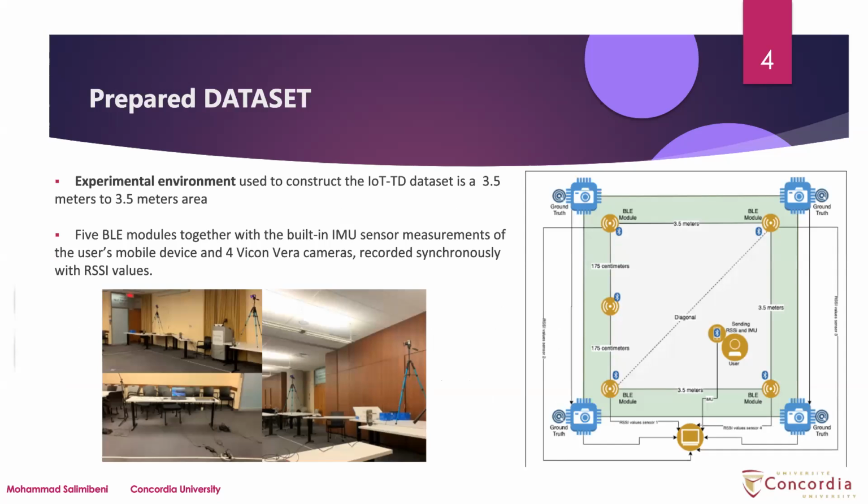For the prepared dataset, we use an experimental environment which is a 3.5 by 3.5 meter area, as you can see in this figure illustrating the environment. And 5 BLE modules are installed in this environment. As you can see in the right picture, we have 5 different BLE modules in the environment, and also 5 Vicon cameras, and also